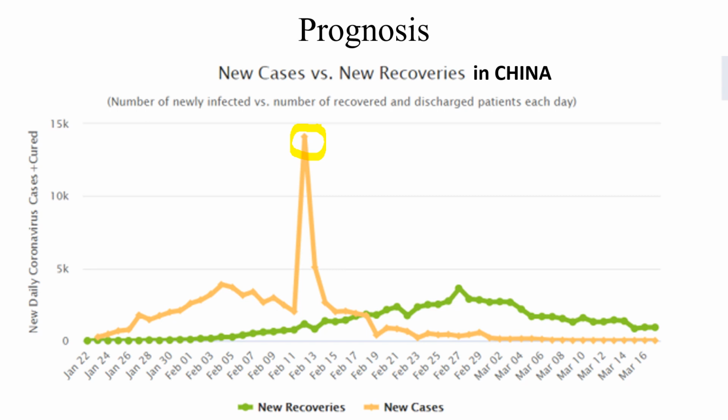As a result of these control measures, we can see that the number of new cases has declined. And yesterday, China reported around 15